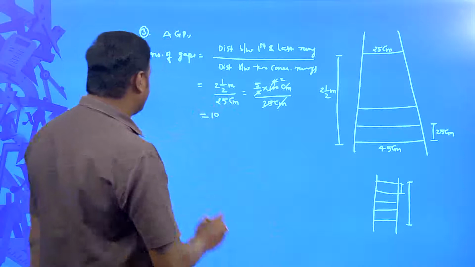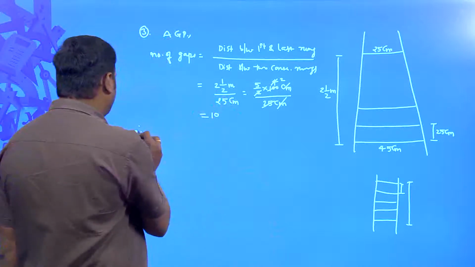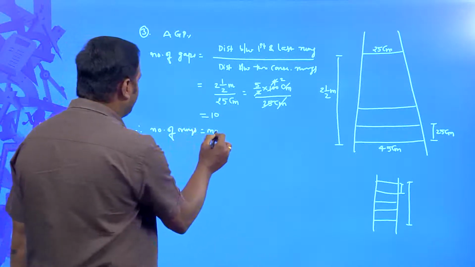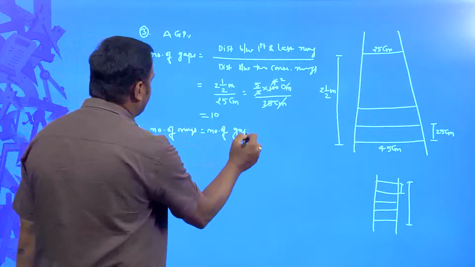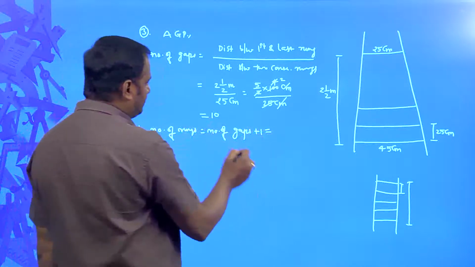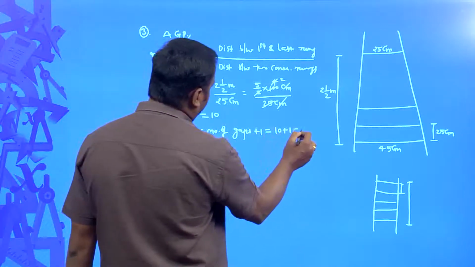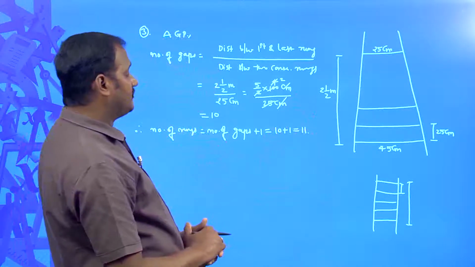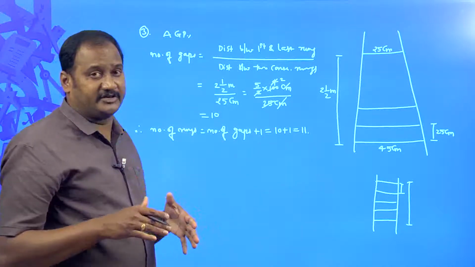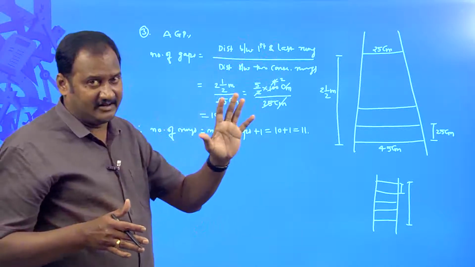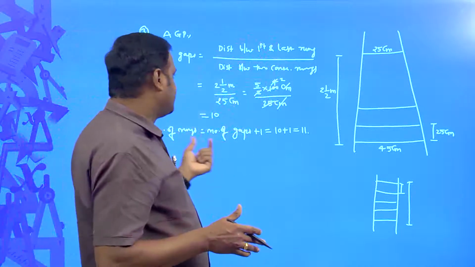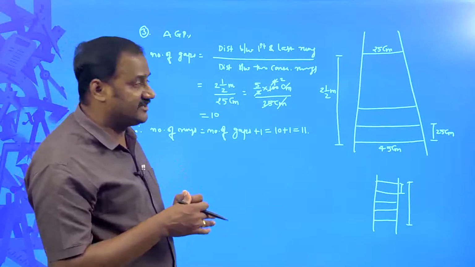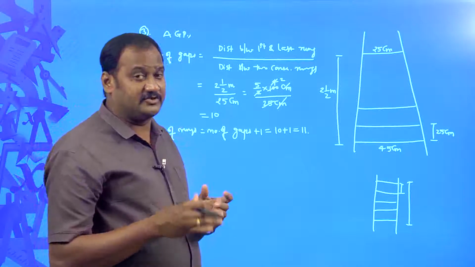Since the number of gaps is equal to 10, what about the number of rungs? Number of rungs is equal to number of gaps plus 1, right. So, the number of rungs is equal to 10 plus 1 is equal to 11. So, there are totally 11 rungs. What are we going to calculate here? We are going to calculate the total wood required for only the rungs, not the entire ladder, only for the rungs, okay. To find out the total wood required, we can understand this concept in terms of arithmetic progression, and that too sum to n terms of arithmetic progression.